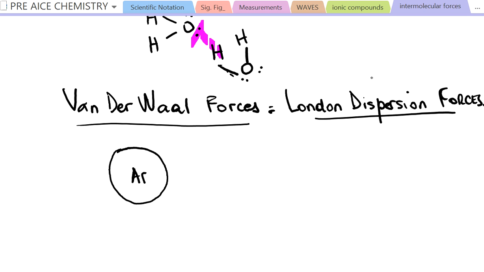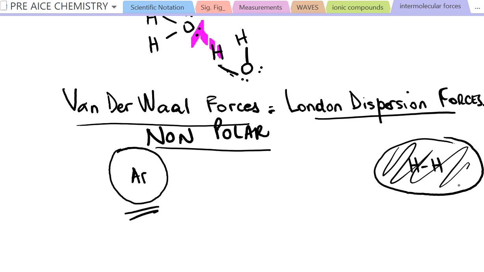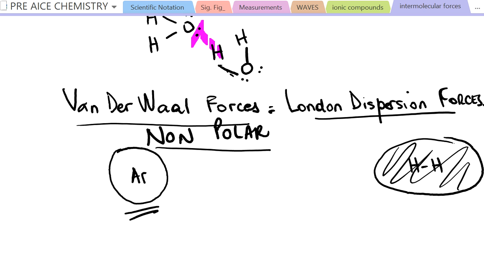In the van der Waals forces or London dispersion forces, we are going to talk about only molecules that are non-polar. Okay? If the molecules are non-polar, or in this case we have only an atom of argon, but we can do the same with hydrogen. Okay, we put hydrogen, hydrogen, and you can see that this molecule is symmetric, yes? But what happens with this? The explanation,